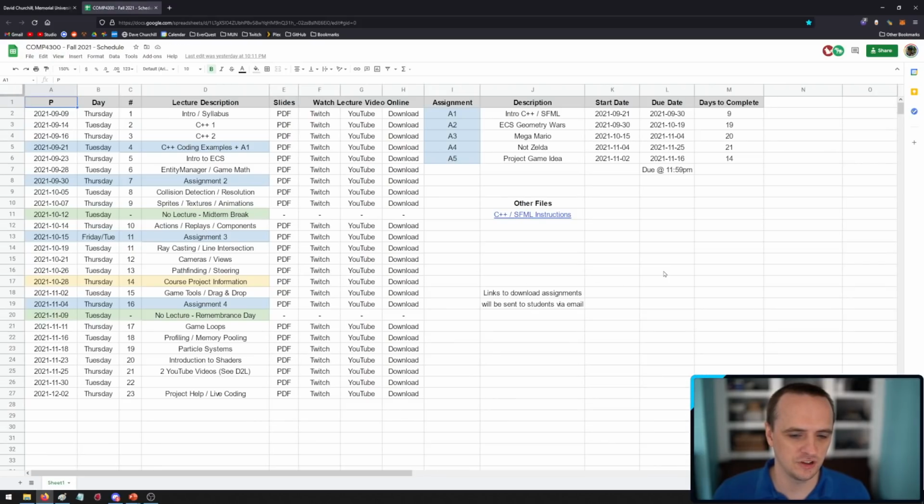Let me just make this a little bit bigger. So this is the course spreadsheet. I have this for all of my courses, and it's basically the diary of everything that we're going to do in the course. Over here on the left, you can see all the dates of all the lectures, what day of the week they are, and essentially what we're going to be doing for the rest of the course on each day. We're also going to see links here to be able to view the slides or view